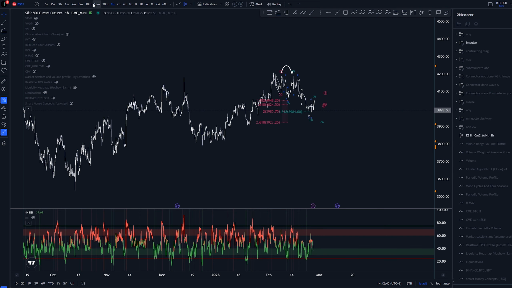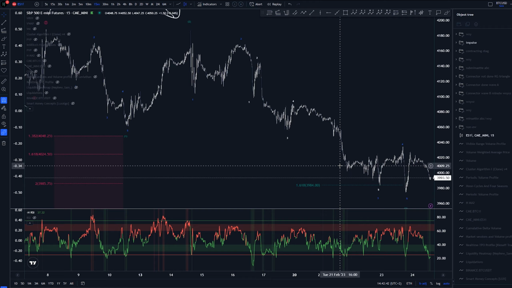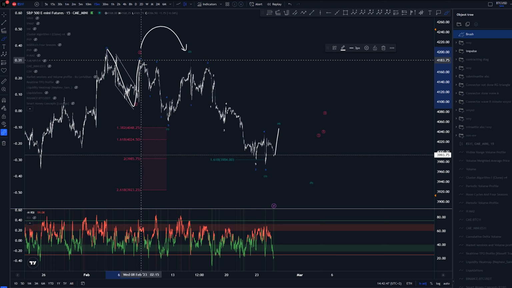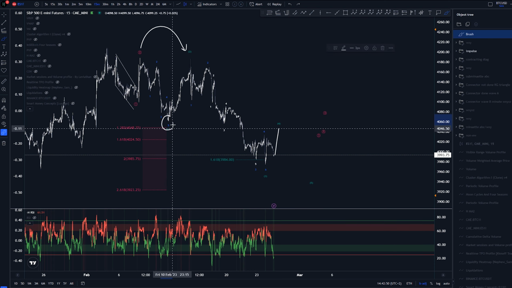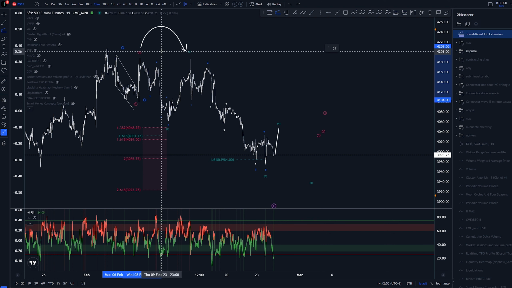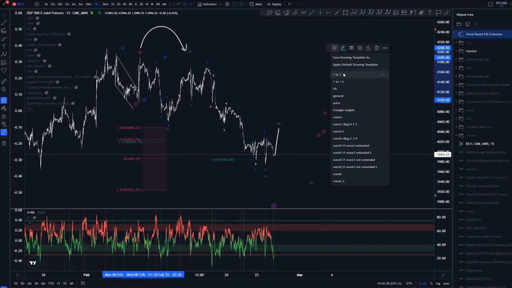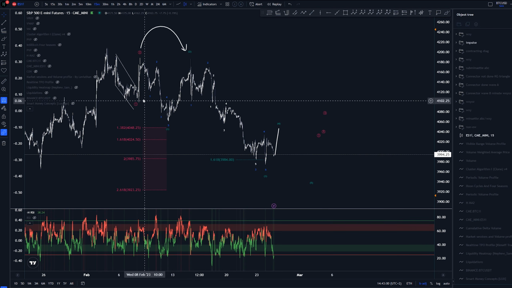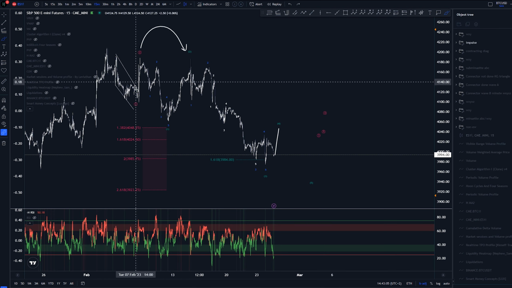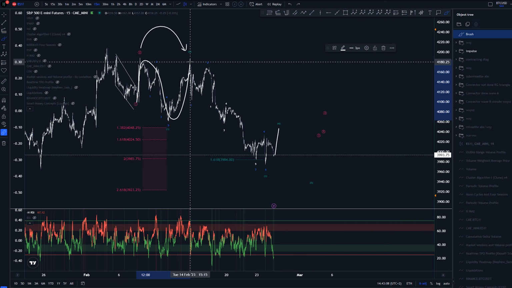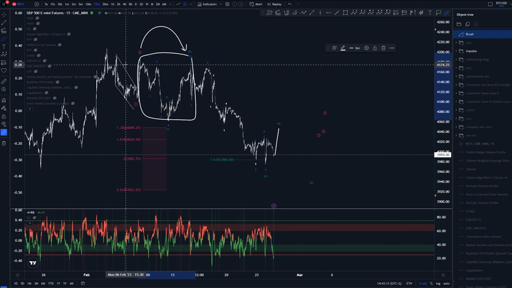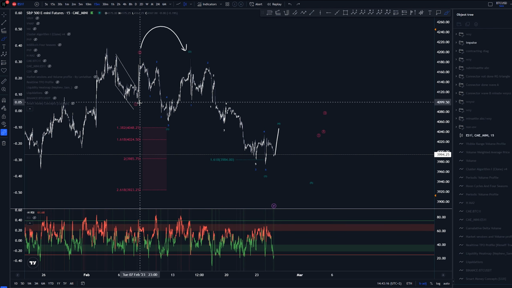Now let's check out the structures from the highs and how I've currently labeled them. At this moment I've labeled this as a wave 1, 2, another 1, 2. I do realize that this wave 1 here is kind of large in comparison. Let's see if I can find the 1-to-1 here. It is larger than the higher degree. However, there are two different ideas here. Either we have this as a wave 1 of micro, and then this whole thing would be a wave 2 of micro. Again, at that point, this wave 2 is kind of significantly larger already than this first structure, and we generally don't have